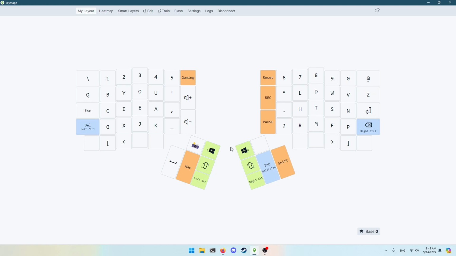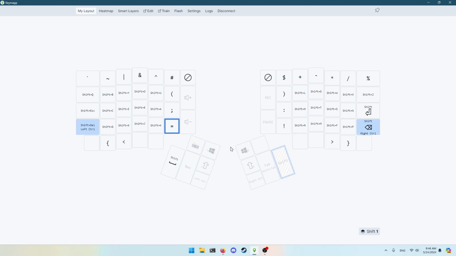So I have everything here normal, except this key, because the ultimate problem in programming is equals. Because the equal sign is one of the most pressed keys while you program. But more than that, you have so many bigrams with equals. For example, in Go, I have to type colon equals all the time to define things. You have to type plus equals, minus equals, times equals, divides equals, mod equals, and equals or equals,